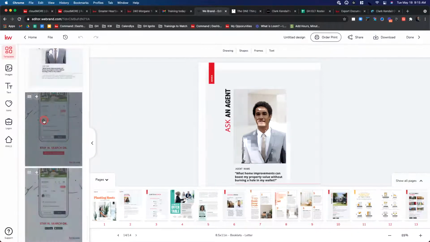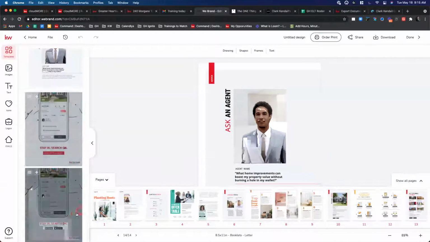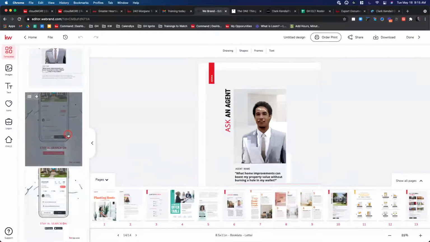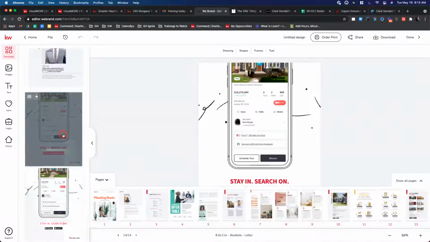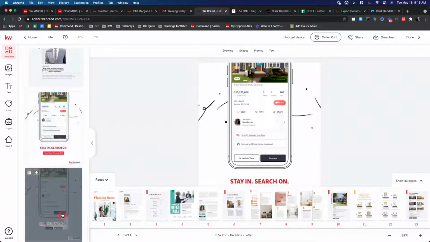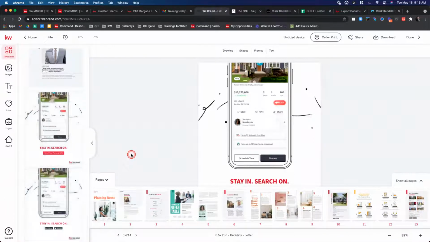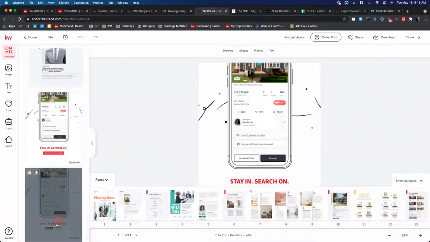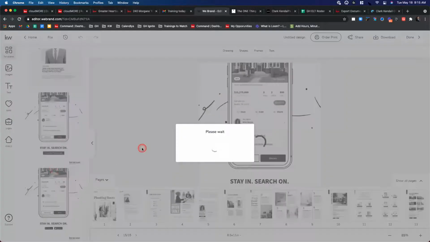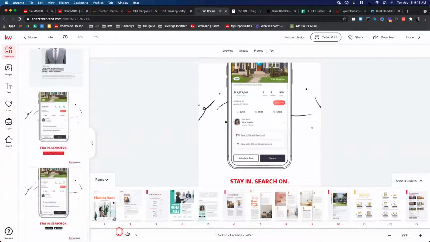Last piece here is choosing one of these pages for the app. You don't probably want to put both of these in here. One says you could insert your URL on there, or you could put in just a visualization that this is on the Google Play and App Store. I do like the second one more. So I'm going to add this one. All right. So right now I'm at 15 of 15 pages.